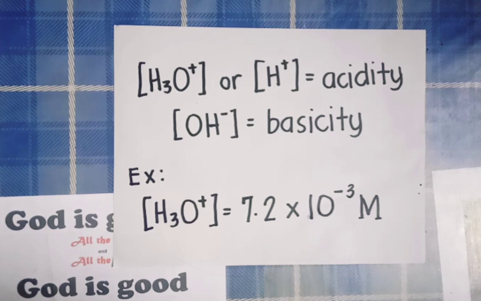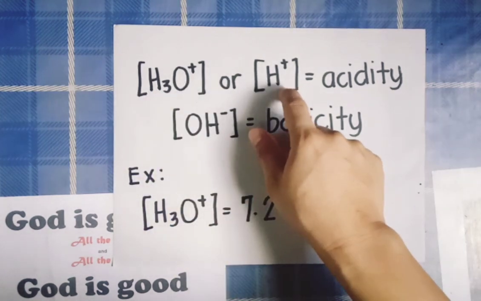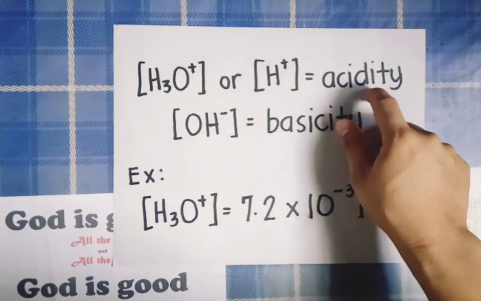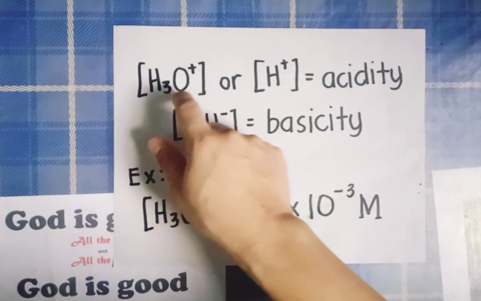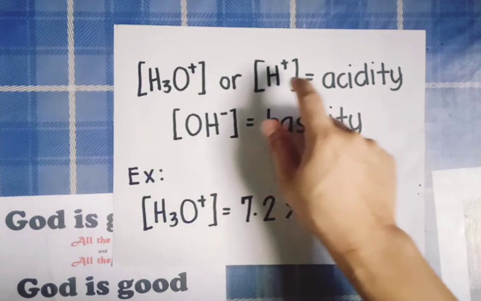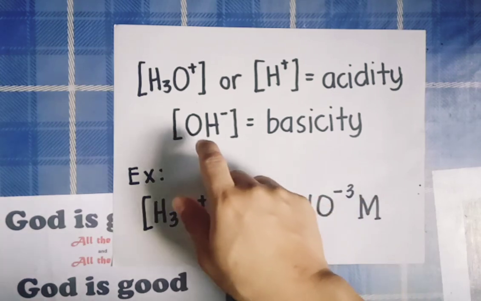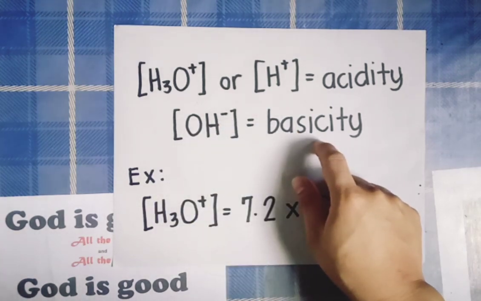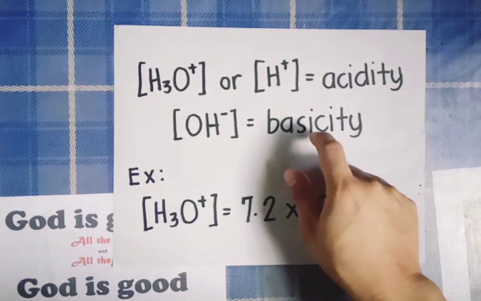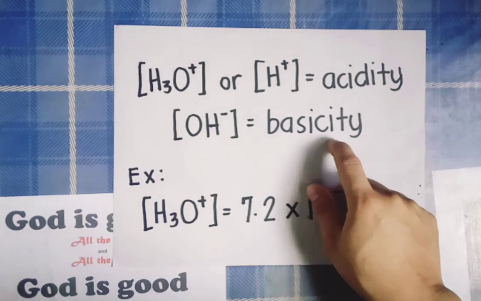Hi, good day. So in our past discussions, we learned that the hydronium ion concentration or hydrogen ion concentration primarily dictates the acidity of a solution. That is, the higher the hydronium ion concentration or hydrogen ion concentration is, the more acidic the solution will be. Also, we learned that the hydroxide ion concentration primarily dictates the basicity or alkalinity of a solution. That is, the higher the hydroxide ion concentration is, the more basic the solution will be or the more alkaline